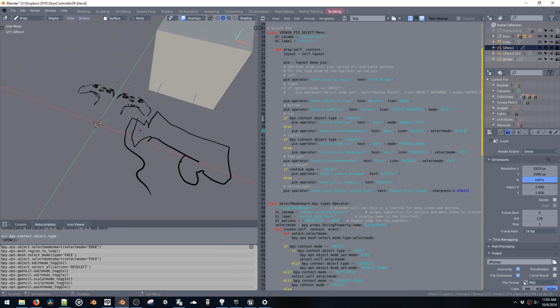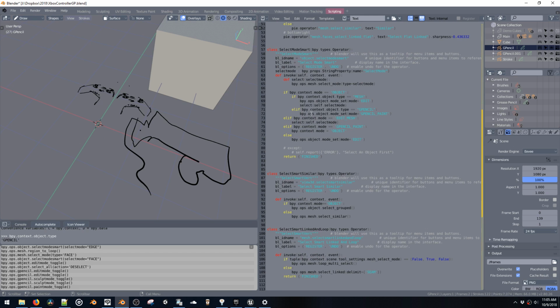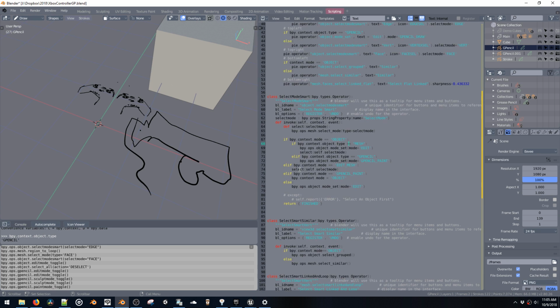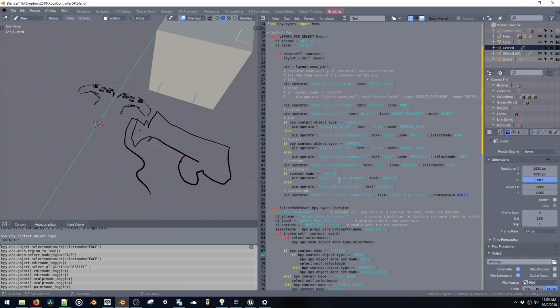And so right now the regular pie works. Normally it just uses this one operator called object.selectModeSmart, and it chooses depending on if we have a face, a vert, or an edge. That's this little script here that's just a little bit smarter than the regular select, because it knows what mode you're in, and it adjusts accordingly, so it saves you a couple steps of switching modes around. So now that this stuff is all working fine,